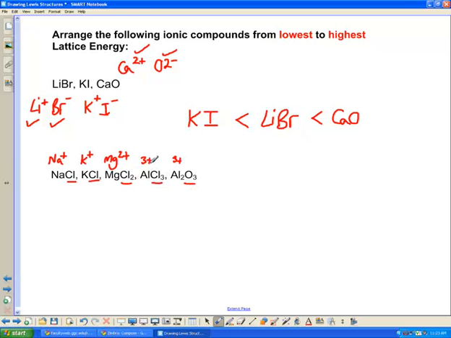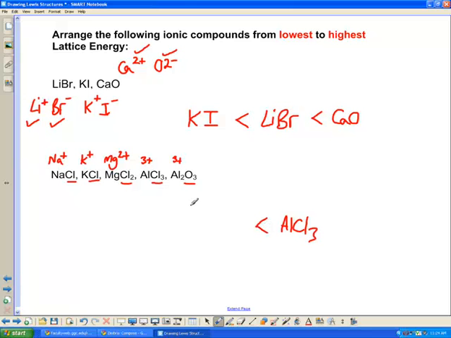If you look at the periodic table, you'll see Mg2+ has a very similar size to Al3+, has a very similar size to Na+, and K+ is one period lower, so it's a little bit bigger. So out of those four metals, which one would have the highest charge density? Well, it's the one with the highest charge. In this case, it's aluminum. So I'm going to put AlCl3 here, because I know that AlCl3 is going to have a higher charge density than magnesium chloride, simply because